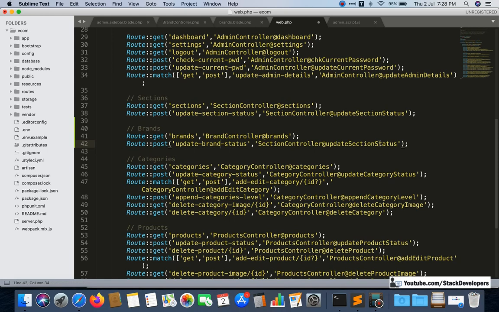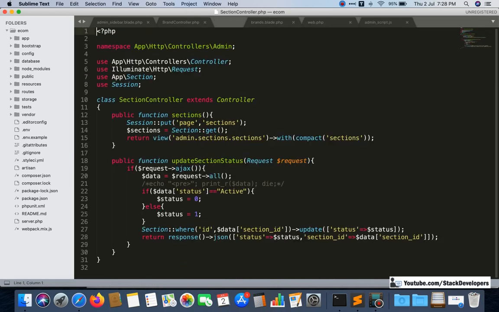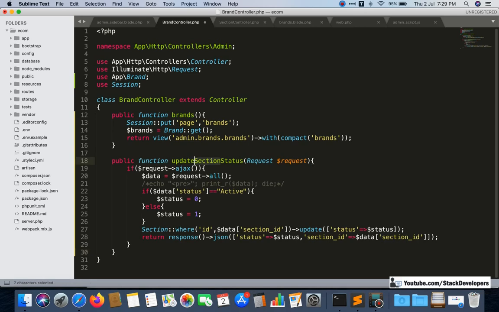Okay, brand status, and here it will come brand controller, and here it will come update brand status, and the same thing we are going to copy here. We can copy from the section controller once again, like update section status, and paste it for update brand status.